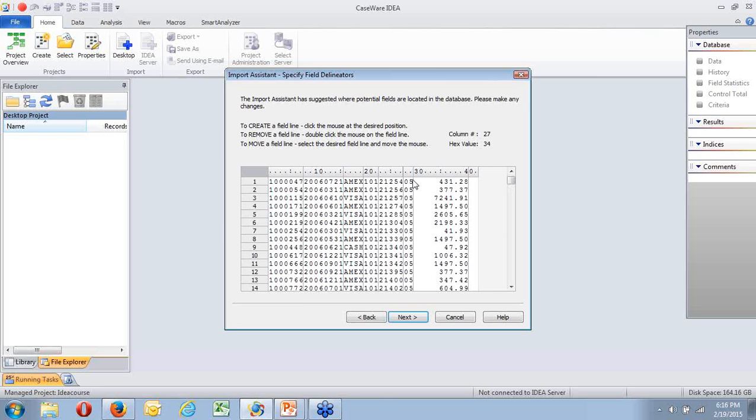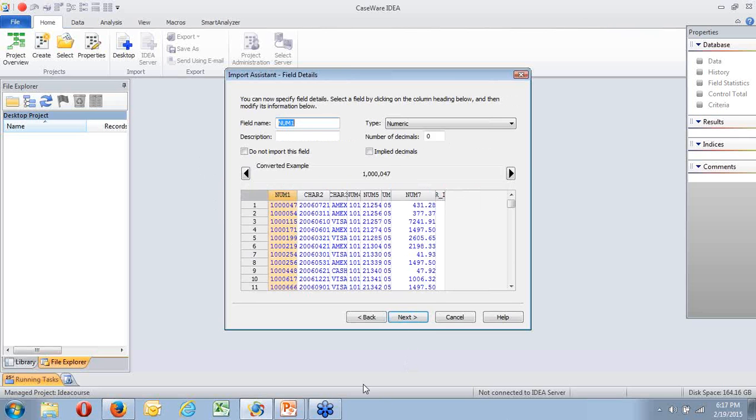There's another line. The next 2 digits are my product code. So that looks as though it's okay. If I make a mistake when I define it, I don't have to start again. I can always go back in and change it. But in the meantime, we know that that's probably okay, so we'll say next.